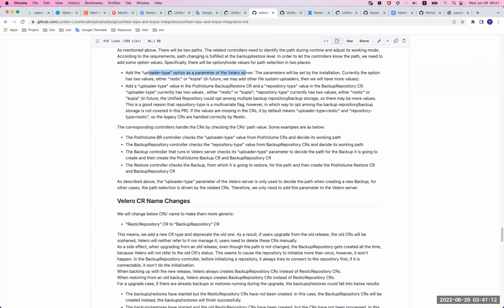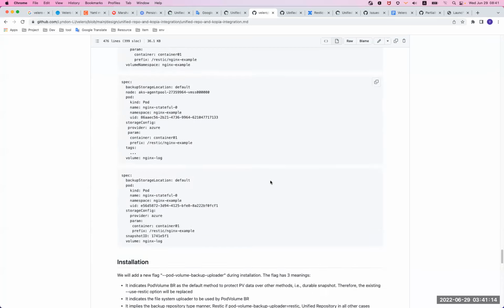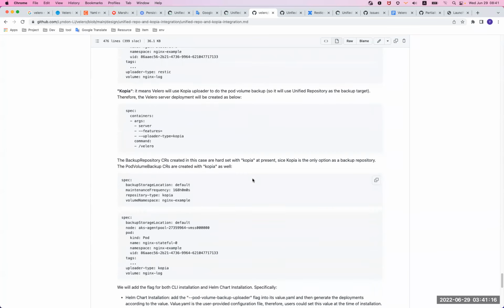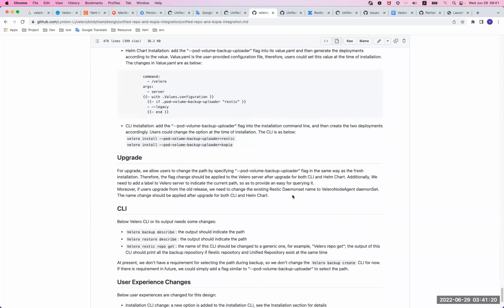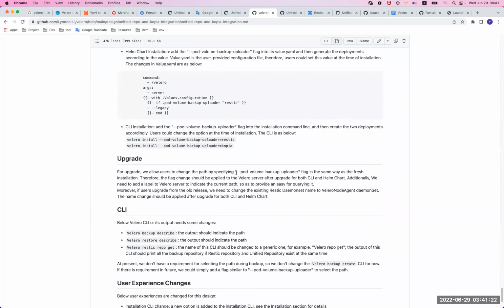upload type value of the Velero server during installation. That is also true for upgrade, right? So during upgrade, the same as installation, we need to change the Velero server's upload type value by specifying this flag. But currently, I don't think for either the CLI installation and the Helm chart installation, we have